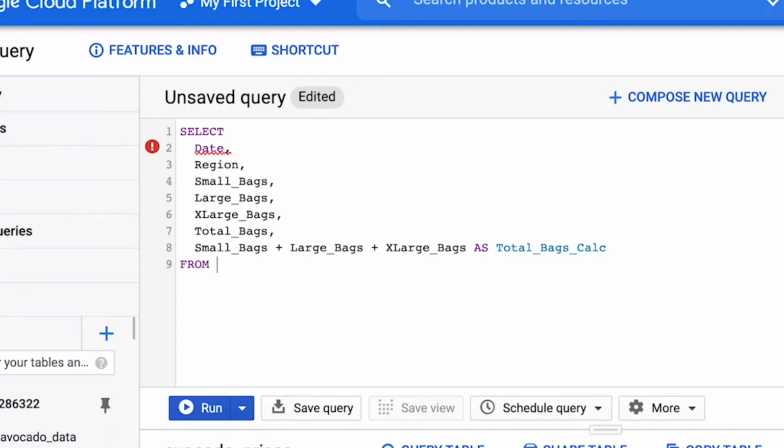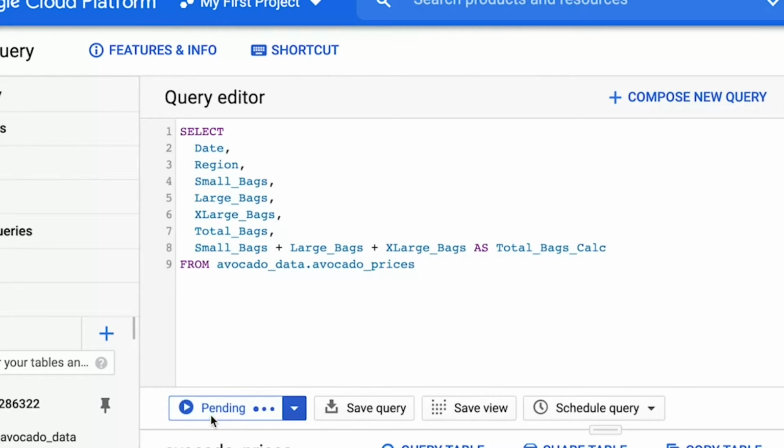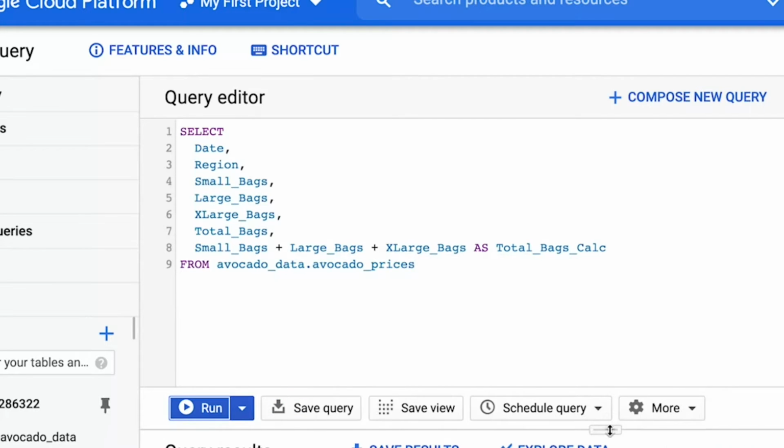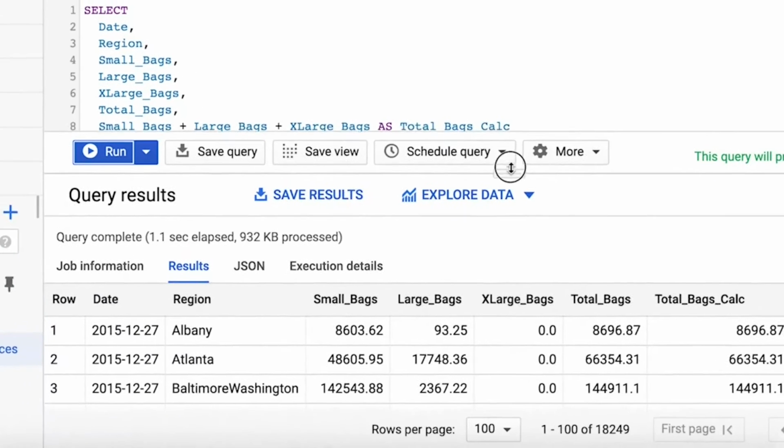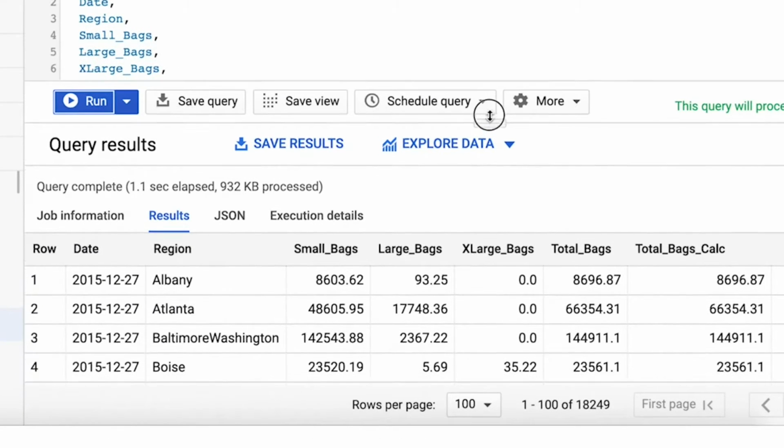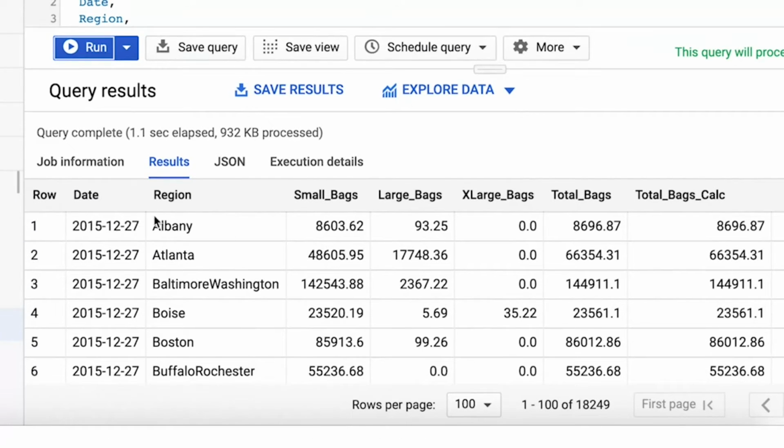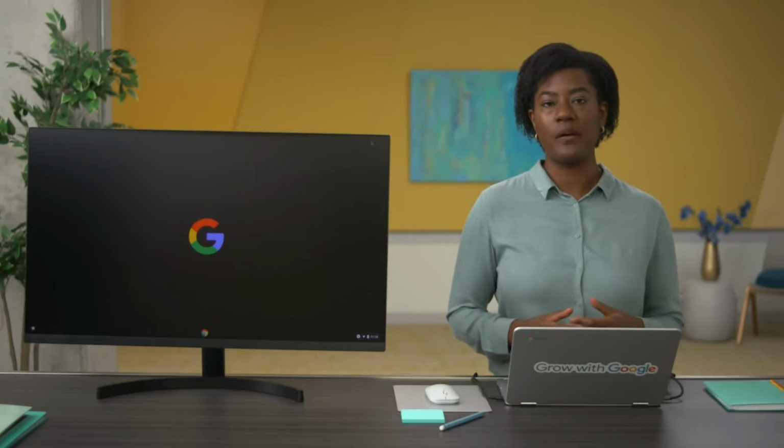In an earlier video, we used SQL to analyze some data about avocados. One of the queries was a check to make sure the data showing the total number of bags was the sum of small, large, and extra large bags. By running this query, we were able to determine that the total number column was accurate. We compared our two columns briefly in that video, but to be absolutely sure that there's no issues with the data values in those columns, we could have also run another query.